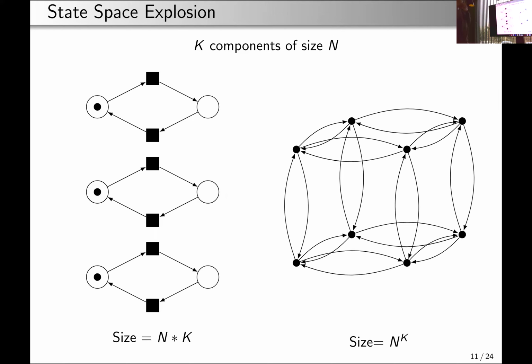And this has the advantage of reducing the size of the system a lot in the presence of concurrency. Well, I would say the size of the representation of the system, because they actually represent the same system. So the system will just have the same number of states. But here I can represent it much more succinctly,